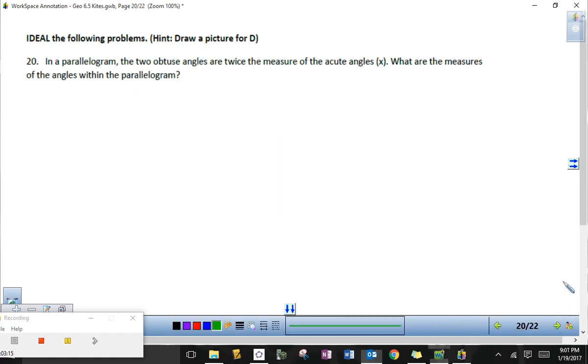Okay, now we're going to look at some ideal problems. This first one, we've got, in a parallelogram, the two obtuse angles are twice the measure of the acute angles x. What are the measures of the angles within the parallelogram? Okay, so my question is exactly written. So what are the measures of the angles